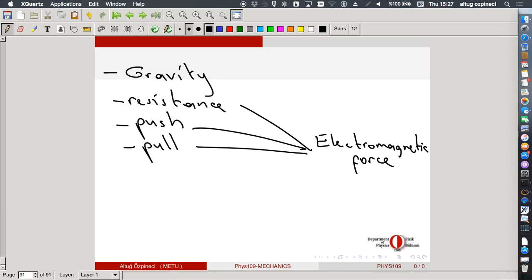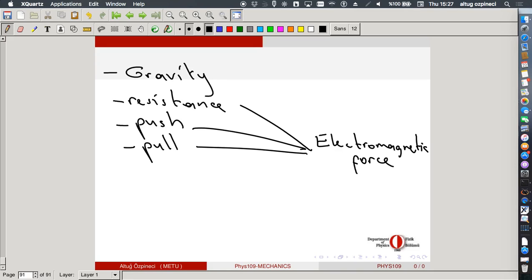So your chair is pushing you upward so that you can sit on the chair. Gravity is pulling you down. The chair is pushing up. Now, how is it the electromagnetic force? You see, what you are made of? You are made of atoms. When you hold this pen, or this thing, let's say when you are holding this gyroscope, what's actually happening is you have your fingers. They are made up of atoms. This thing is made up of atoms. Atoms are made up of nuclei which are positively charged and electrons going around the nuclei which are negatively charged.